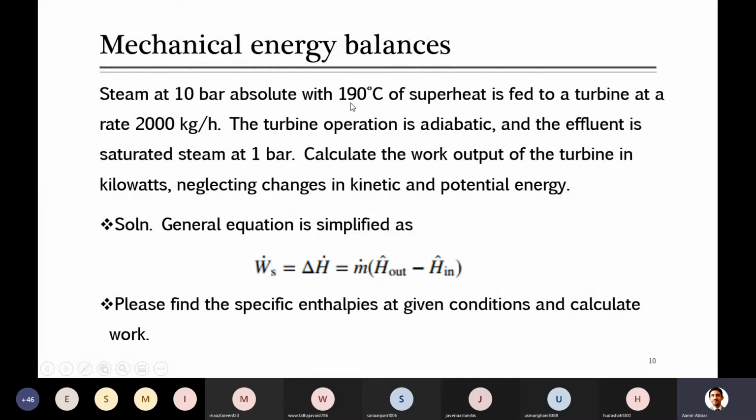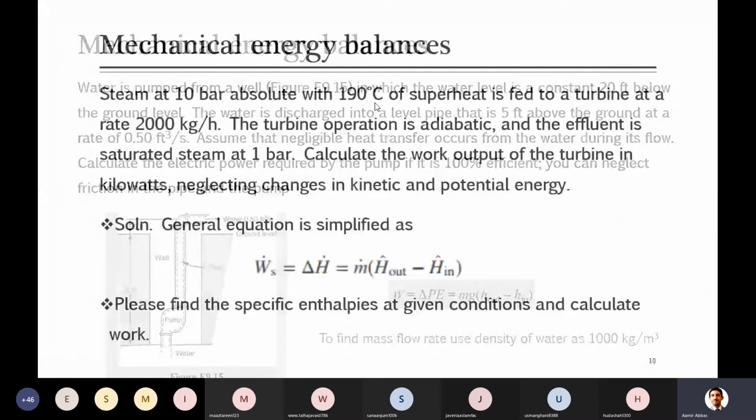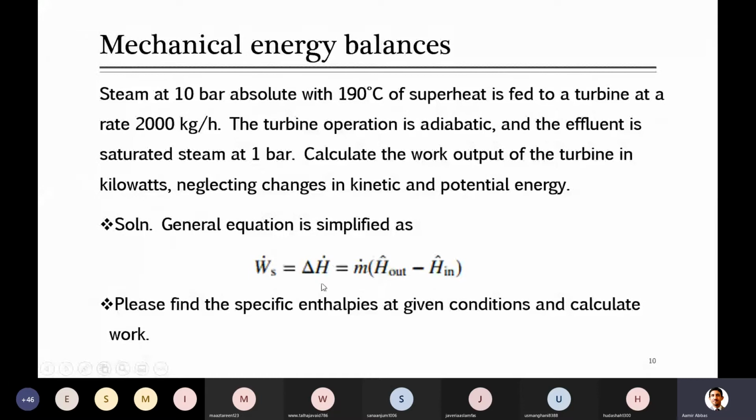Now the steam getting in is at 10 bar and 190 degrees C. So go to the table, locate 10 bar, and against that try to find the value for 190. Definitely 190 will not be there. Just 10 bar is there. We have seen there will be, I think, 150 or 175, then 200. So you may have to interpolate there. Understand? This is an application of both topics we discussed: the equation reduced to a simplified form, and in this problem you can practice how to read the data. So please solve it.